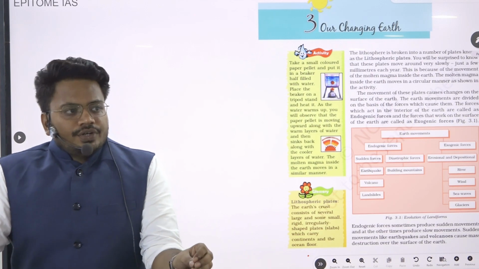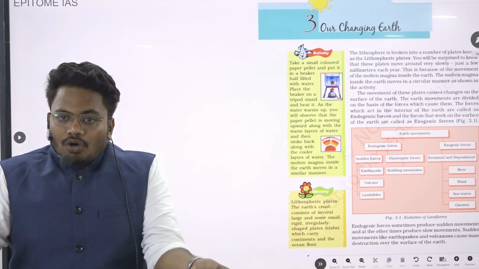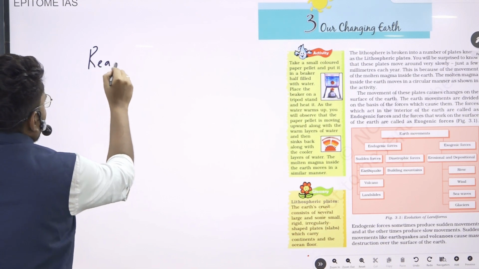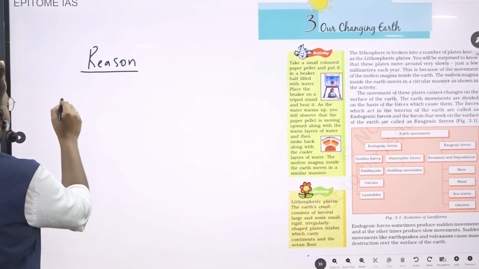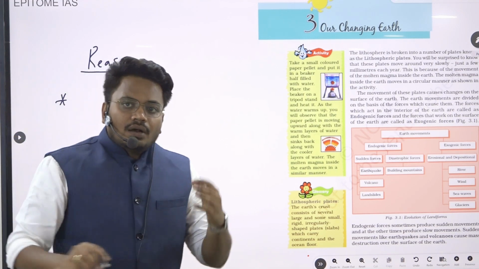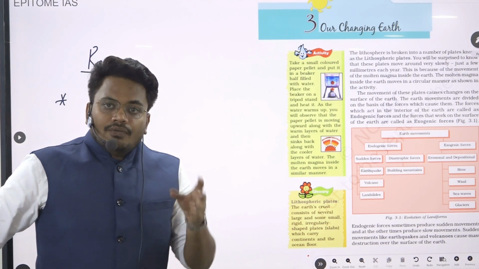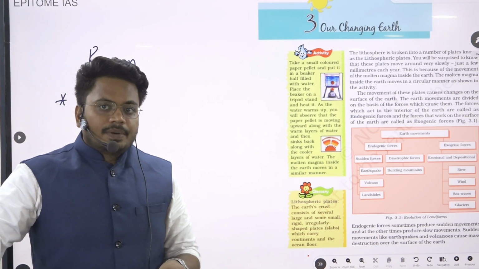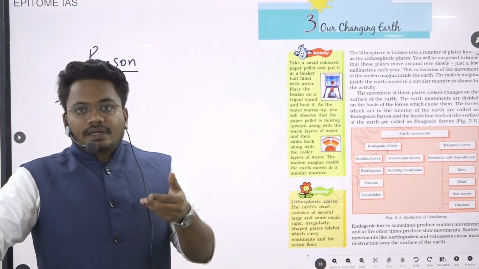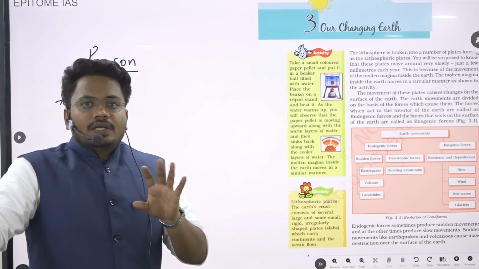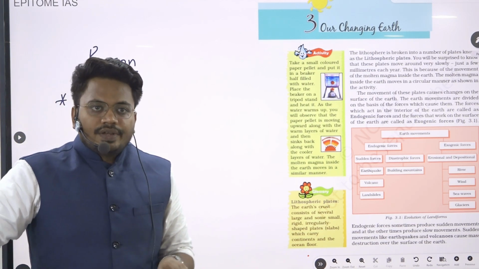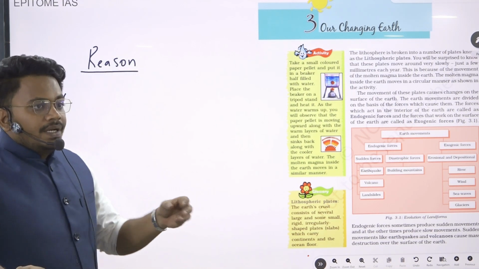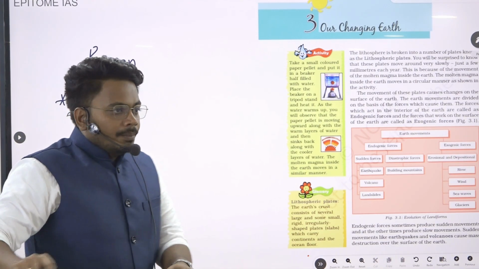Now we should understand that these plates are moving. So first of all, we should know what is the reason for movement of these plates. If you see, the reason is very simple. In previous classes, while we were discussing the layers of the earth, we have seen that the magma chamber is present, or we can say that the asthenosphere is present between the crust and the upper mantle, and that asthenosphere has the magma, the lava, and that particular sphere will be continuously moving because it is in liquid form. Okay, semi-liquid form. Now the point here is, since these lithospheric plates are placed upon this magma chamber, because of the movement of magma